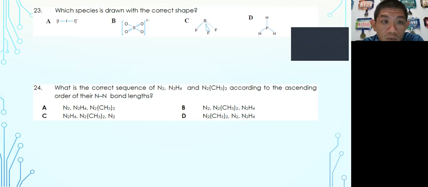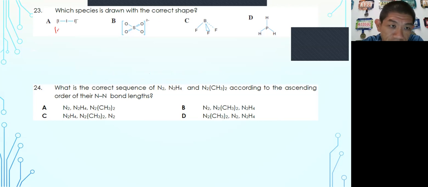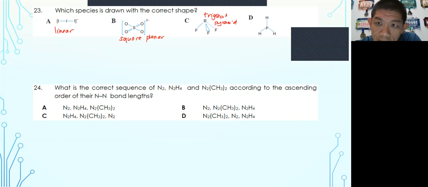Then we go to number 23. Which species is drawn in the correct shape? So you have to understand what the shapes represented in here are. This is obviously a linear. This is obviously a square planar. Now, this is obviously a trigonal pyramidal. And PH3 is a trigonal planar. Now, I'm talking about how the shape in the diagram looks like. But the actual one,